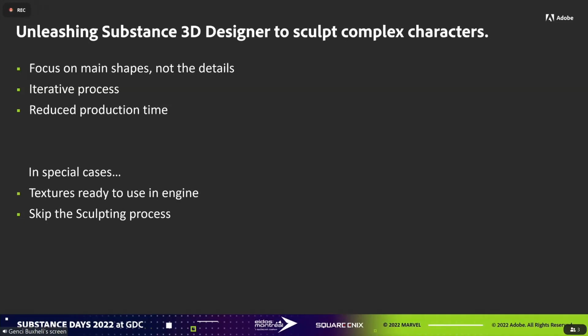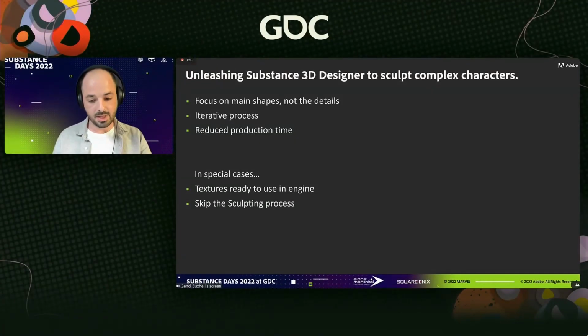own modeling techniques. So to do so, I used two different techniques that I'm going to show later in this presentation that allowed me to focus more on the main shapes and not on the details. What I mean by that is that I decided to create all of those elements in Substance Designer and then bring them into ZBrush very quickly and try them on my model to see how they react and how they look in general. And then I could always go back into Substance Designer and add more details to the same